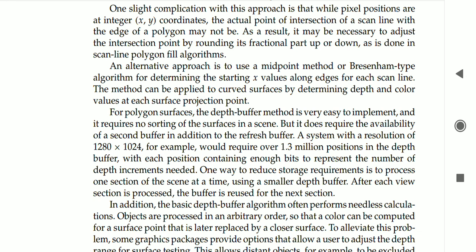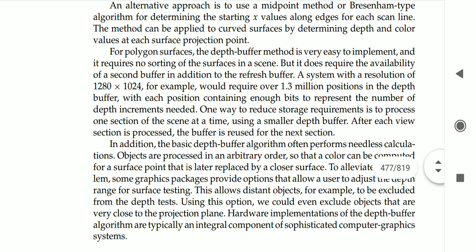The alternative approach is what? Instead of using floating point values, we can use an alternative approach, that is the midpoint circle algorithm, the midpoint line algorithm. You remember that we discussed in unit 1. By calculating the midpoint value, it is considered as an integer value, either up value or down value. Based on that, the xy value will be calculated, and the surface, whether it is falling front or back, will be calculated. So that's all on the depth buffer algorithm. We'll see it next class. Thank you.